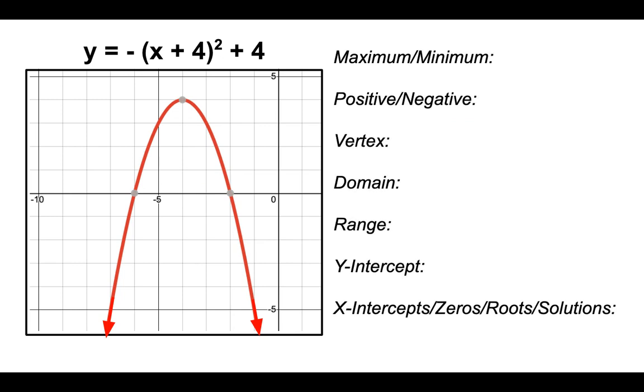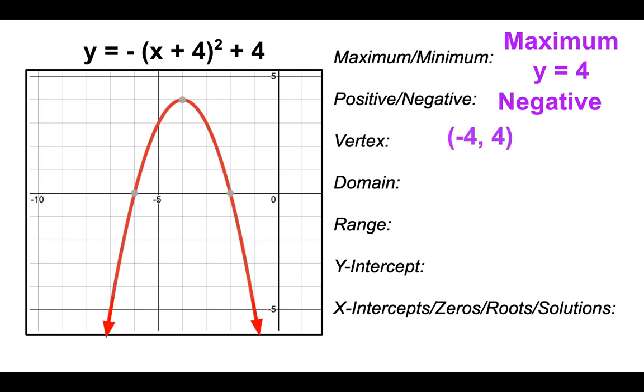To review this same graph, we have learned that we have a maximum at y equals 4. We are negative because we are facing down. Our vertex is where it changes direction at negative 4, 4. Our domain is all real numbers from negative infinity to infinity because the arrows are going left to right all